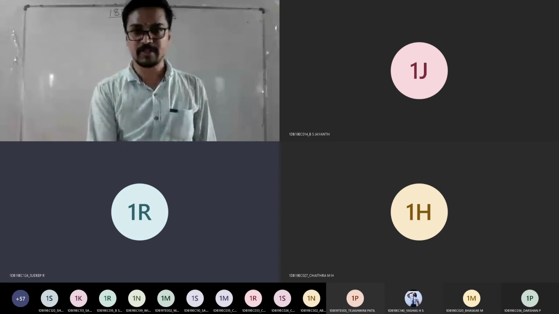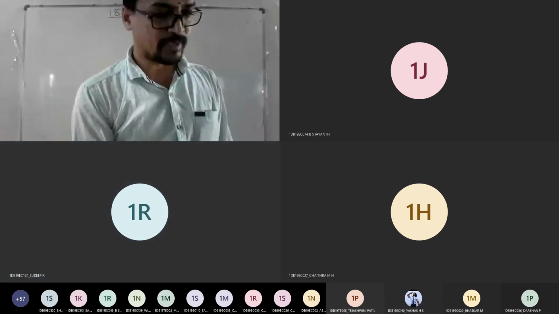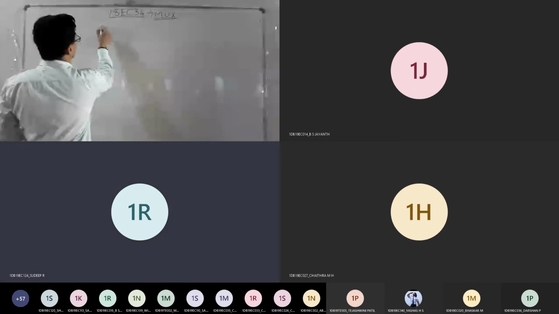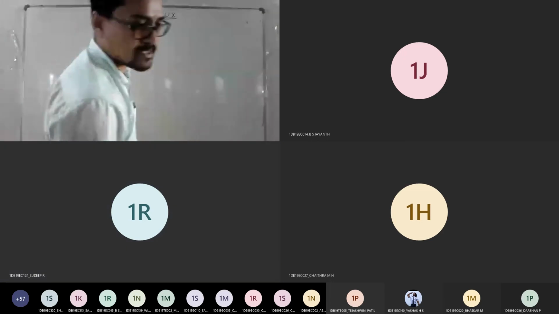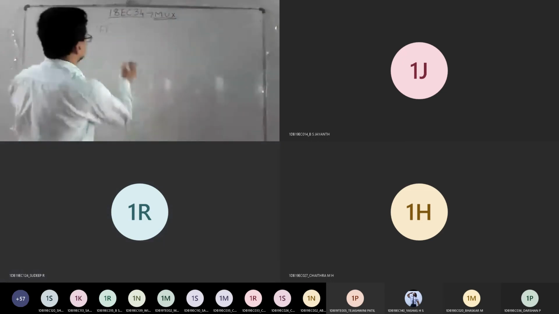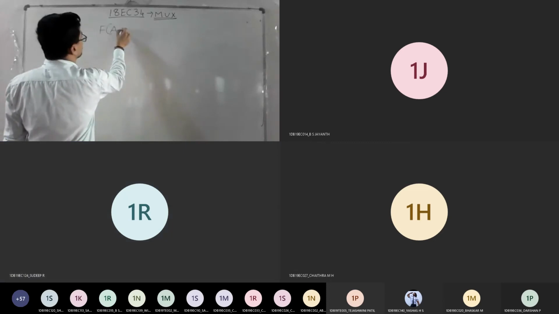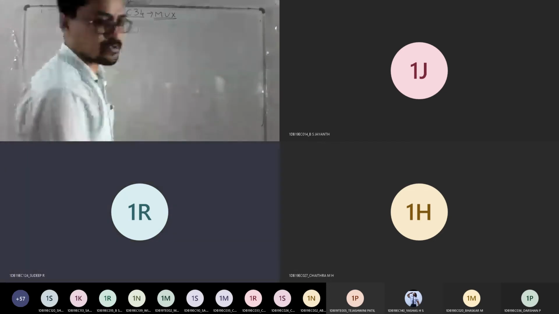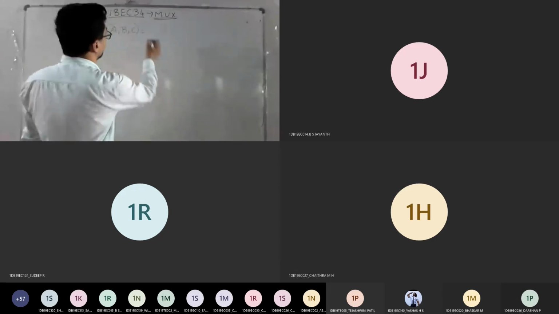It's a short name for your multiplexer, 4:1 mux, and the function is given. Read the function. The function is given as ABC, so it's a 3 variable function. They have given the minterms also.